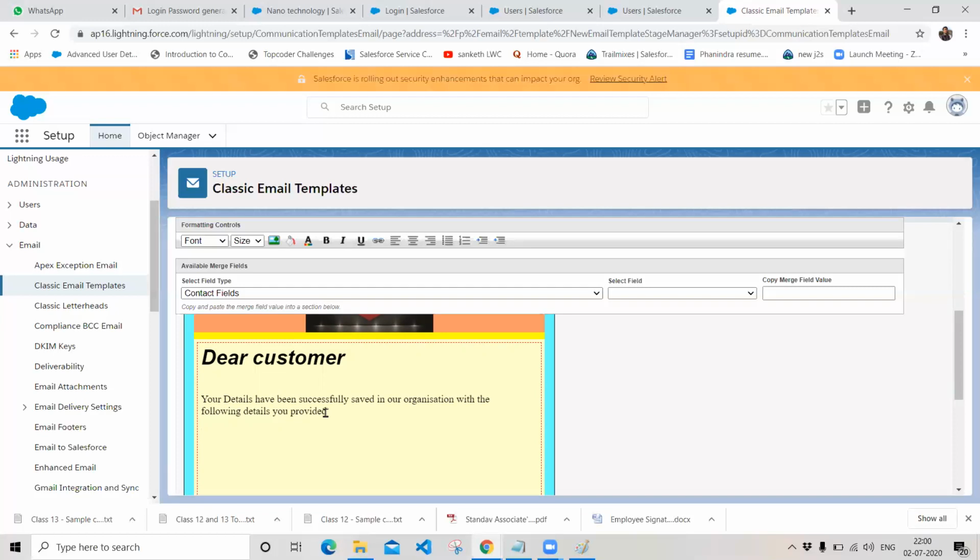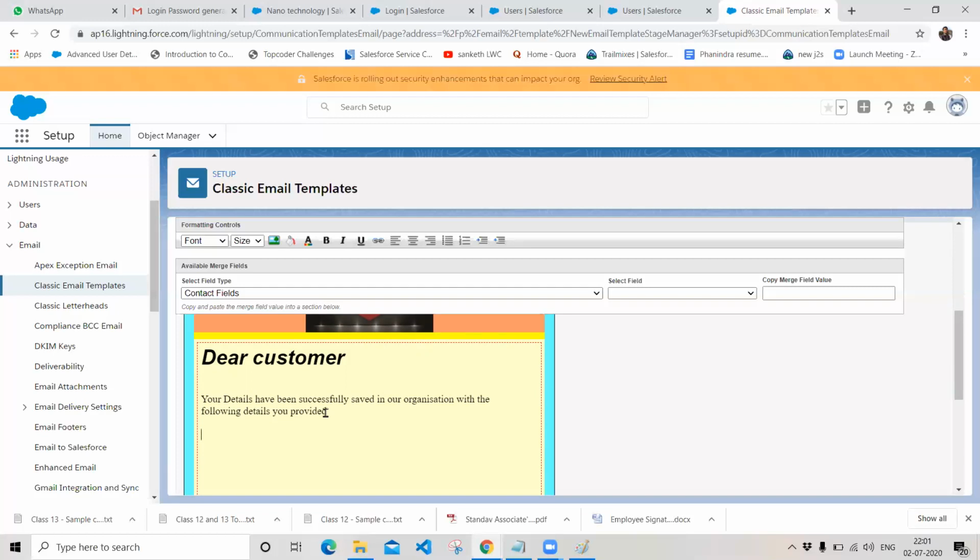Suppose that in a loan management application, a customer is being created. I want to send an email template to the customer saying: sir, your details are, your first name is so and so, your last name is so and so, your email is so and so, your phone number is so and so. I want to dynamically render the data from my record into my email template body.